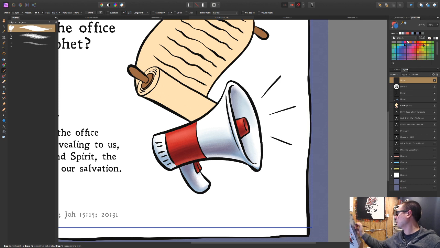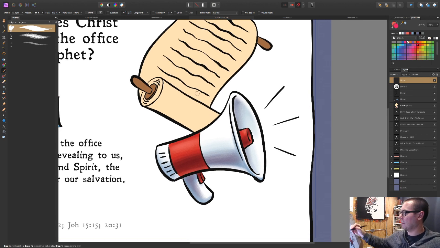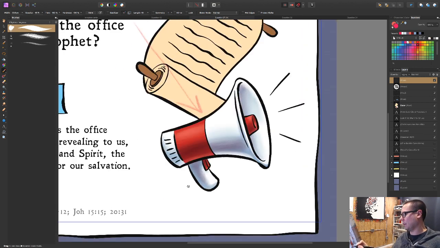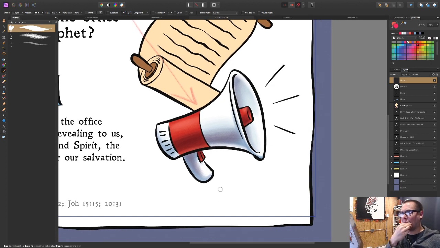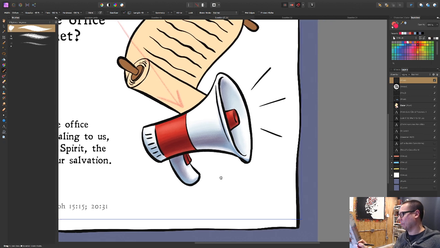I'm just making up the light direction coming from here. And so I look at this as a 3D object and think of how the light is hitting it.